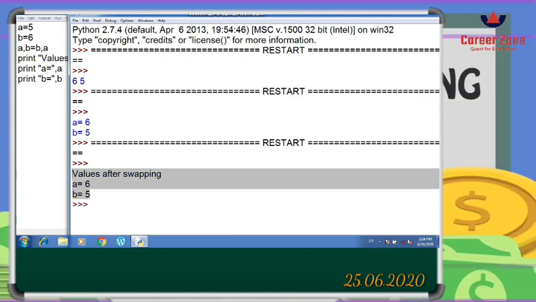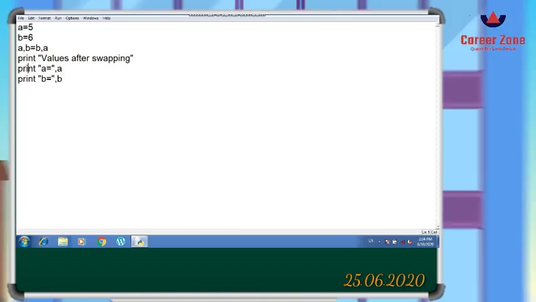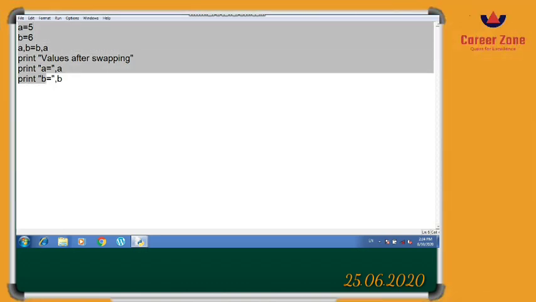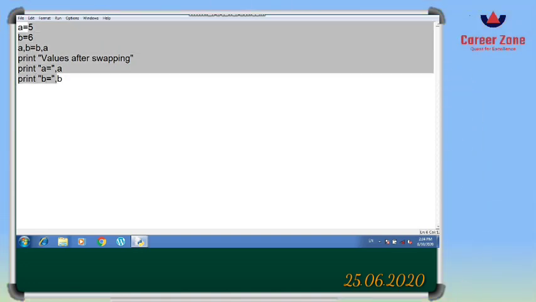So print is a statement. Whenever you use the print statement, every time it changes the line here in Python, and you can see that we can write the whole program at once and then execute it. So script mode is easier, and that is why we will be doing the programs in script mode only.